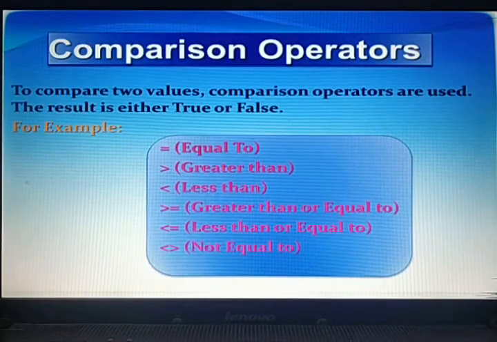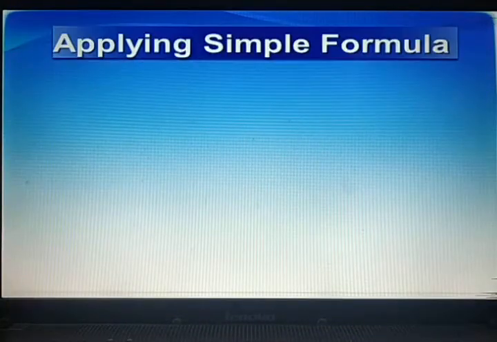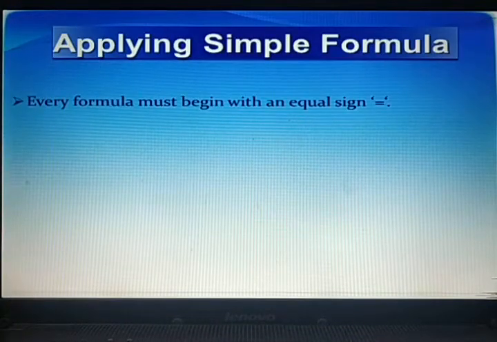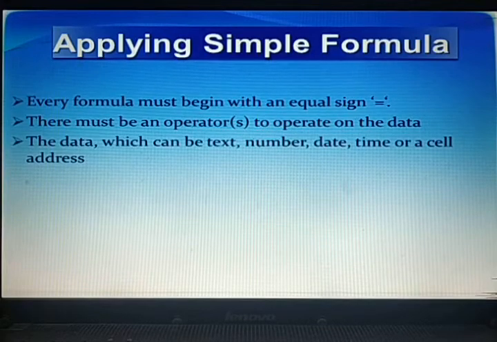Now if you want to enter a formula in a cell, keep this in your mind: every formula must begin with an equal sign. There must be operators to operate on the data. The data can be text, number, date, time or a cell address. For example,